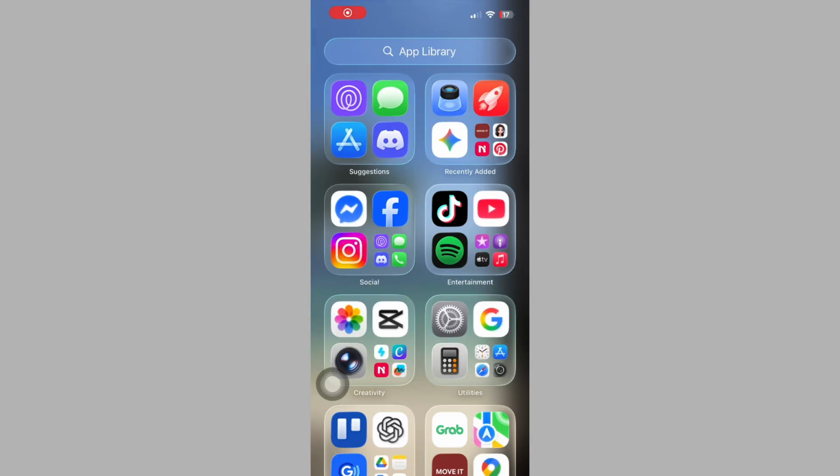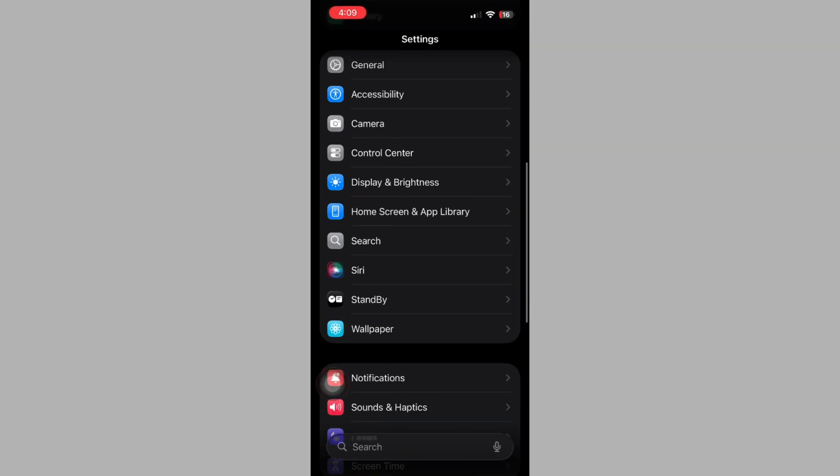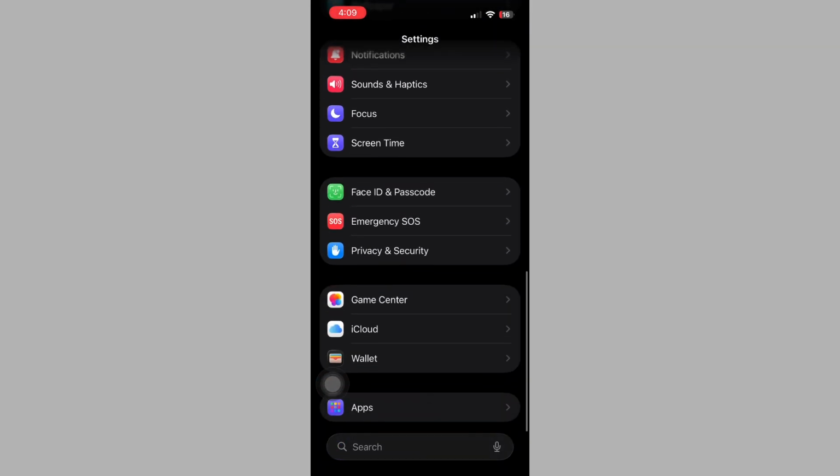Here's how to fix Automix on iOS 26 if not working. So the first thing that you're going to do is go to the settings, scroll down until you see the